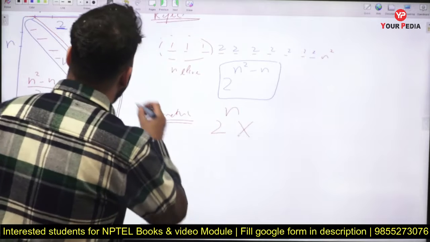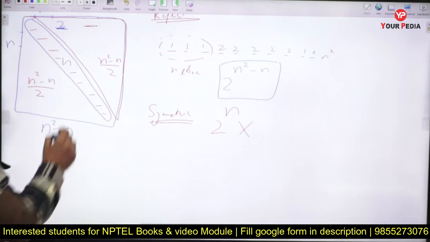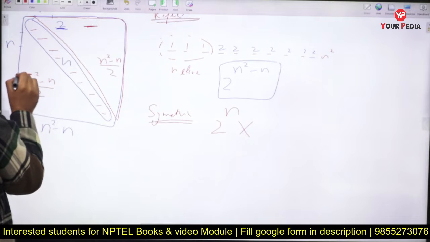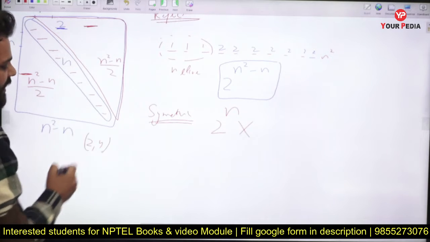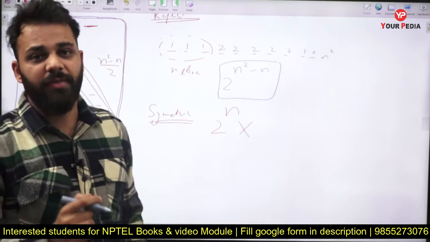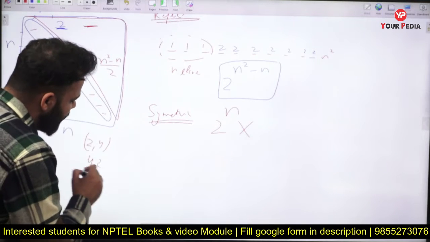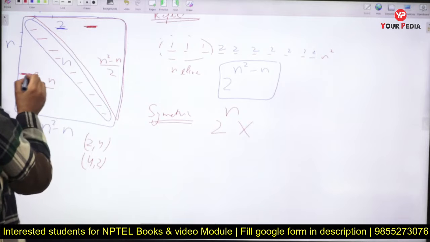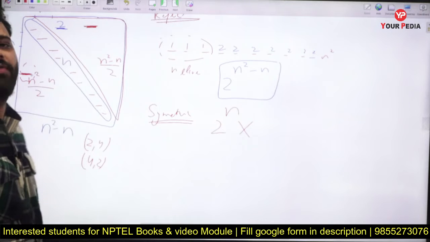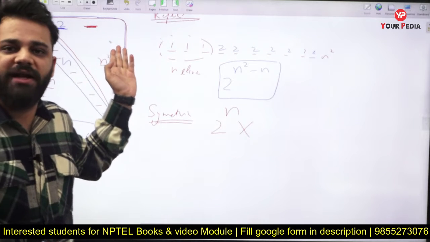Now as far as symmetry is concerned, if this element is present, the transpose element of this element should be present, because if (2, 4) is present in our relation, in order to make a relation symmetric, if (2, 4) is present, (4, 2) should also be there. So the choice of this element will depend on this element. It does not have an independent choice. It will depend on whether this element comes in a relation or not.